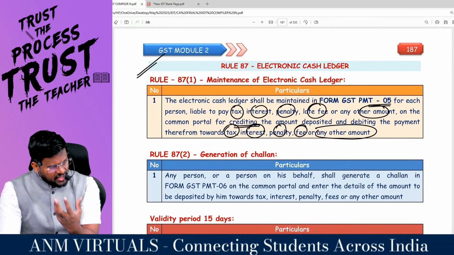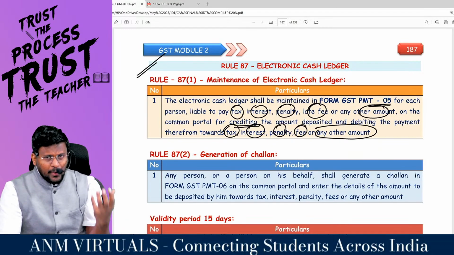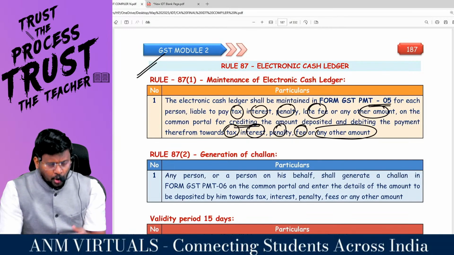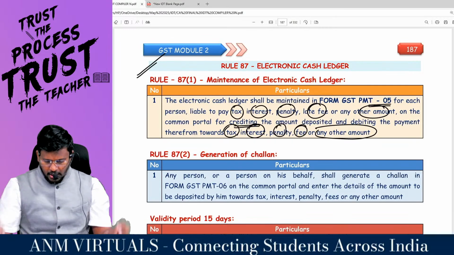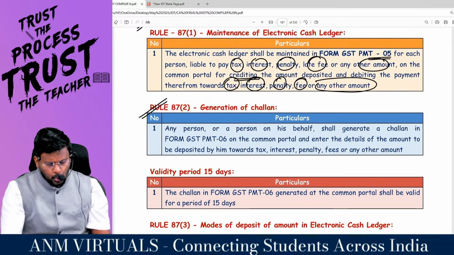Sir, whenever you are depositing money, it will be credited in the electronic cash ledger, and whenever you are utilizing that money for the purpose of payment of tip 4, that will be debited in the electronic cash ledger. Comfortable? Come on, man. Sir, rule number 87 sub rule 2 is saying